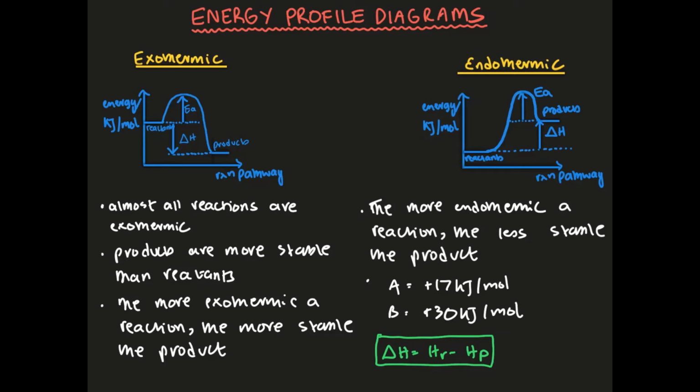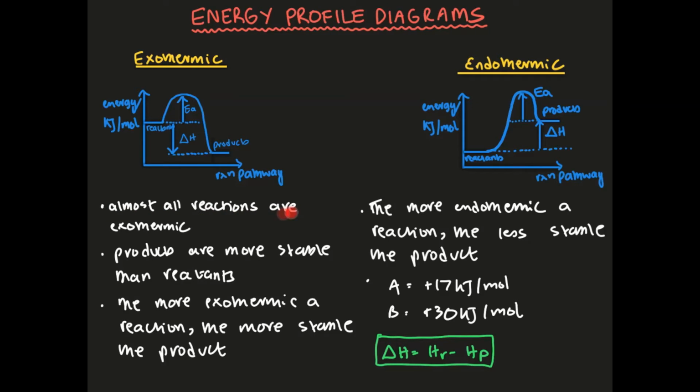Now you are also going to mark your activation energy, which is basically the energy that's needed to start any reaction, right? So the arrow for this is always going to point upwards. So the arrow for activation energy goes from the reactants to the top, and the arrow for enthalpy change goes from the reactants to the products. So both the arrows need to start at the level of the reactants.